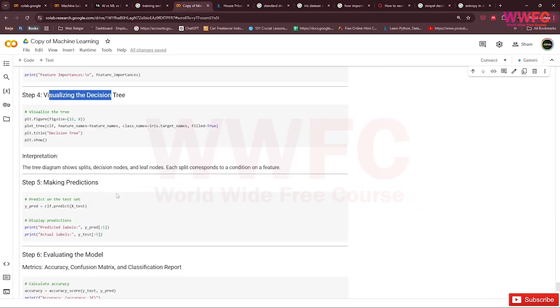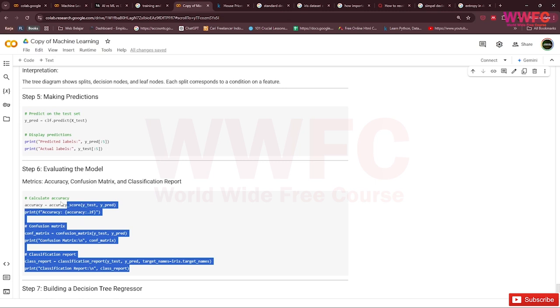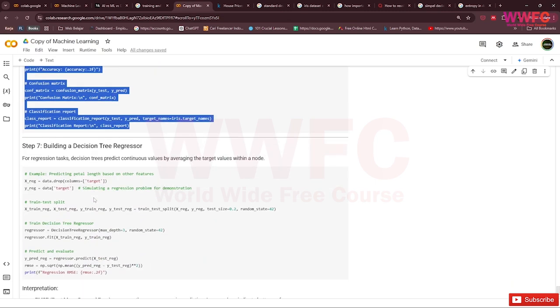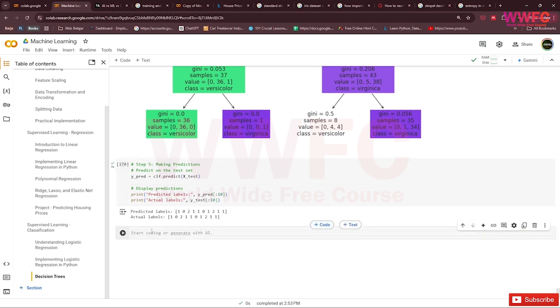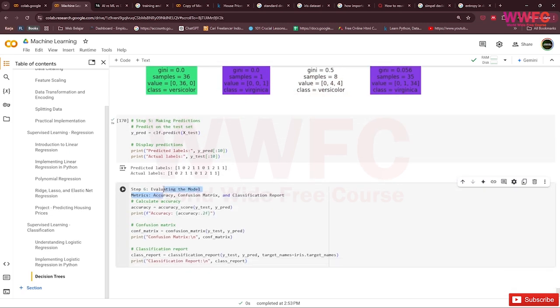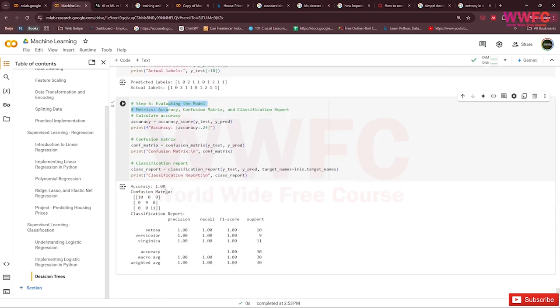So how about we check evaluating the model, how accurate the decision tree is. Evaluating the model, you can see that it's 100% accurate using the decision tree, right? There is accuracy, confusion matrix, and classification report, and they are accurate for setosa, versicolor, and virginica.